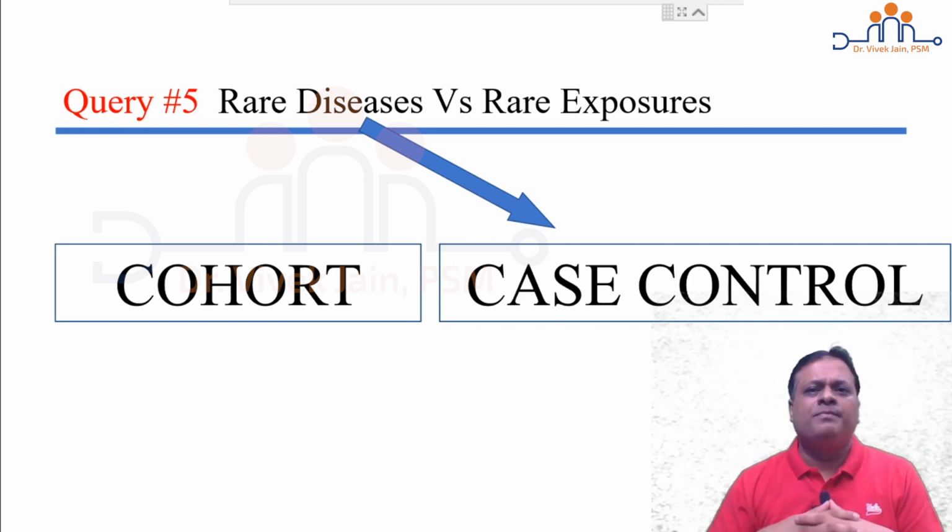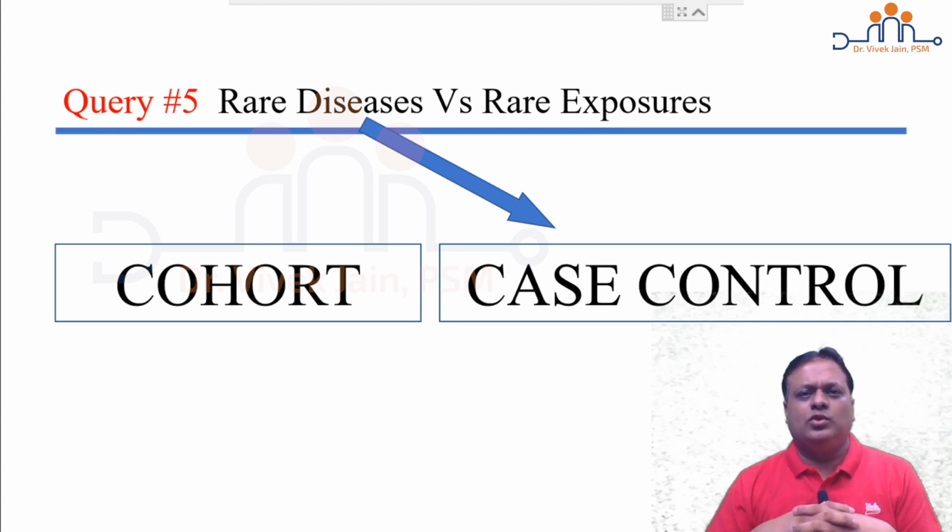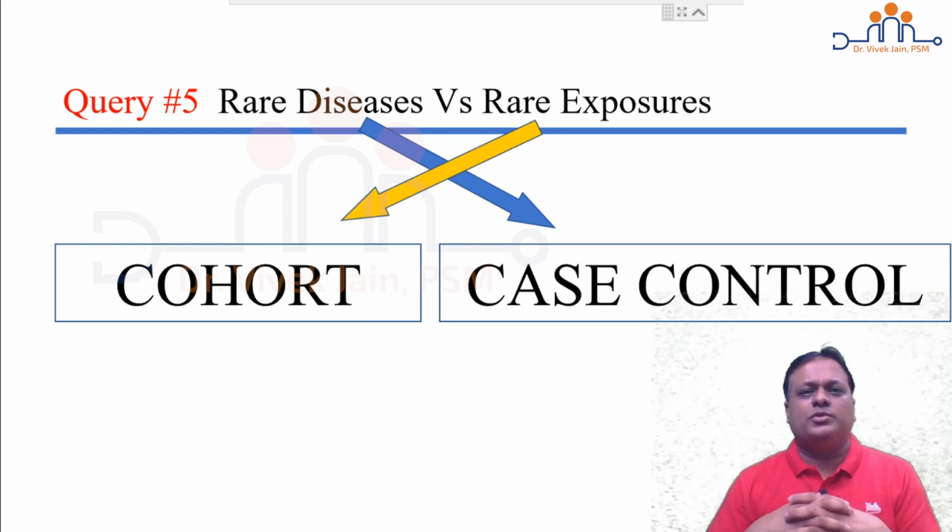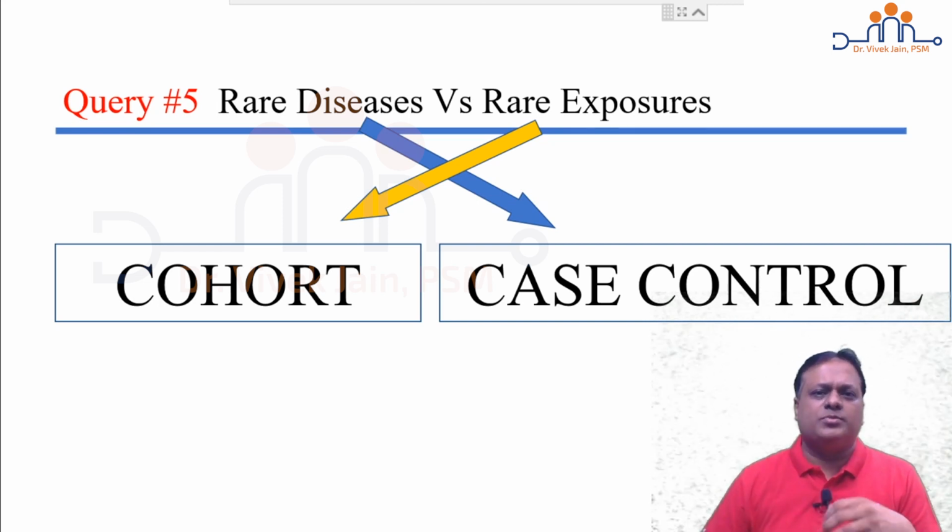Now you go backward in time and ask the history of risk factor in both the groups. When you ask a history of suspected risk factors in both the groups, you make a 2 by 2 table and calculate the odds ratio, the strength of association. If any risk factor shows an odds ratio more than 1, it is likely to be a possible risk factor for this rare disease. Cohort study is exactly opposite of this. Rare exposures could be studied in a cohort study when you are following up in time among exposed and non-exposed groups. If there is a rare exposure and a disease is found, then relative risk could be calculated for that particular exposure.